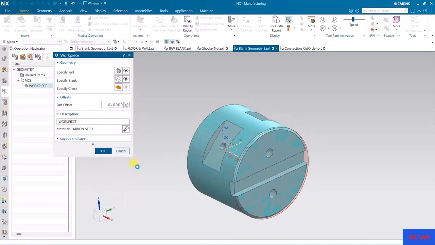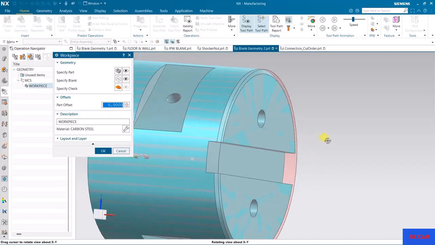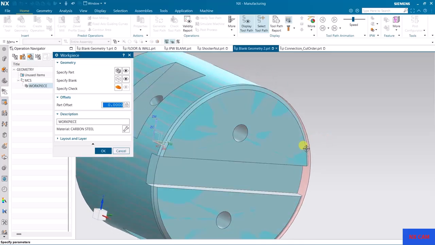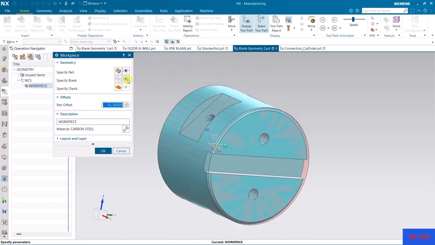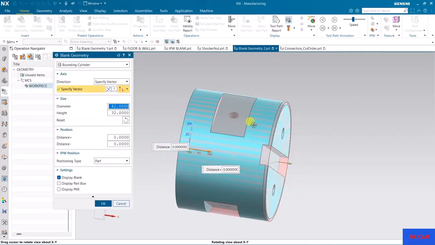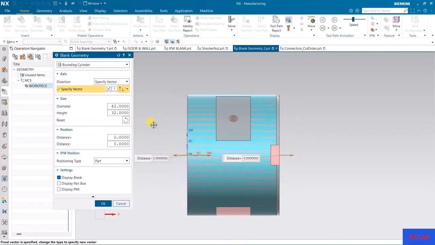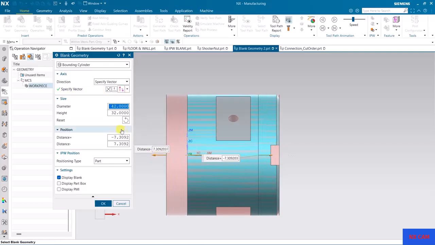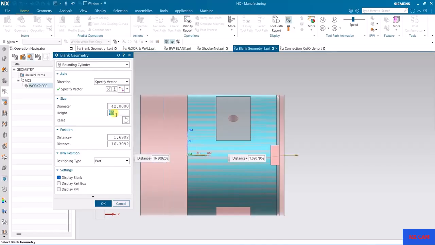Okay. Now it is just the same size as my geometry. If you want to increase in the radial direction or in the axial direction, drag it. This direction is height, I want 50, right?